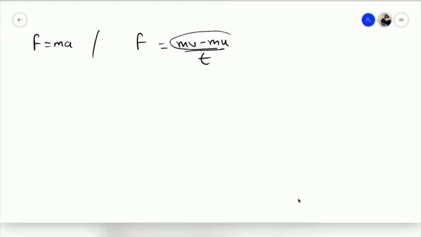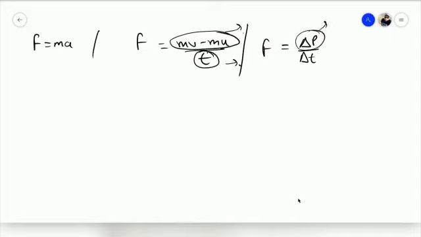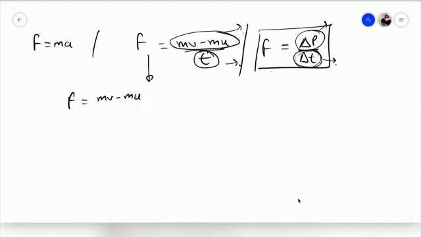Basically this is called the change of momentum, and this is the time taken to change the momentum. So you can also write F = Δp/Δt. What does this Δp indicate? That is the change of momentum, and Δt indicates the change in time, that means the time in which this momentum has changed. So F is Δp upon Δt, and from here we conclude F = (mv - mu)/t.